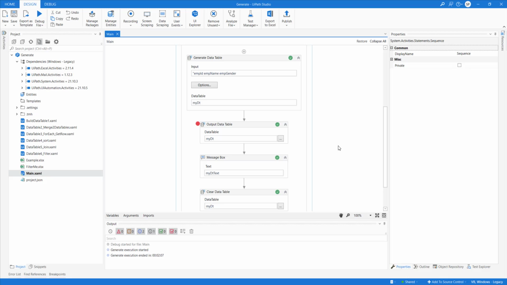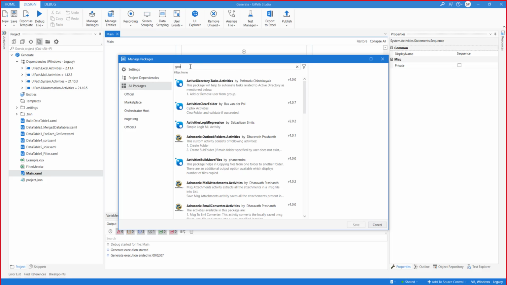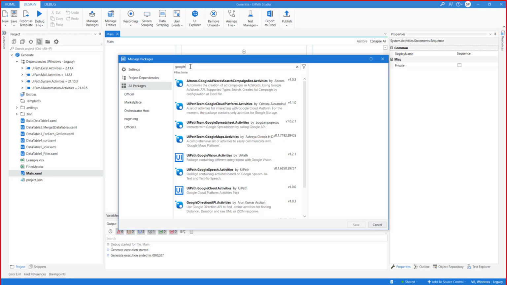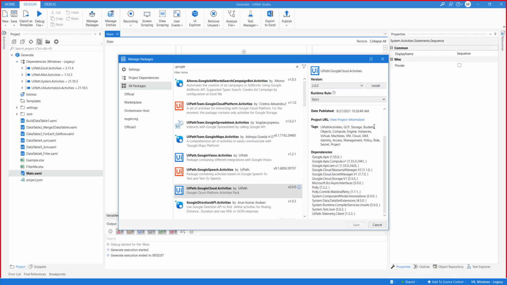That's not a problem. For that, we need to use another activity, which is responsible for writing data into a Google spreadsheet, right? So you can go to Manage Packages and type Google, and there you have the Google Cloud Platform activities, which contain GCP storage bucket. I'm not recalling which one is to be used.